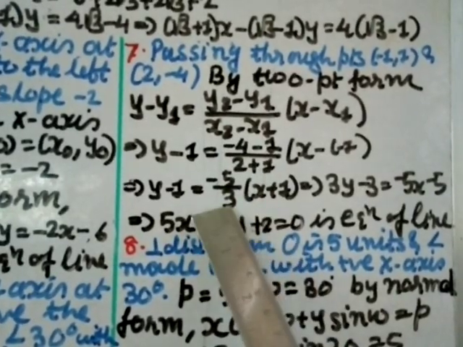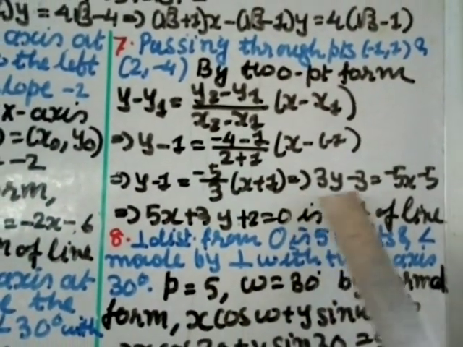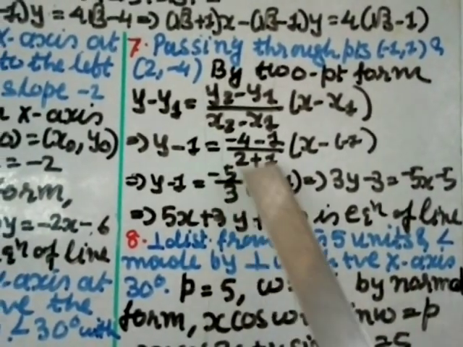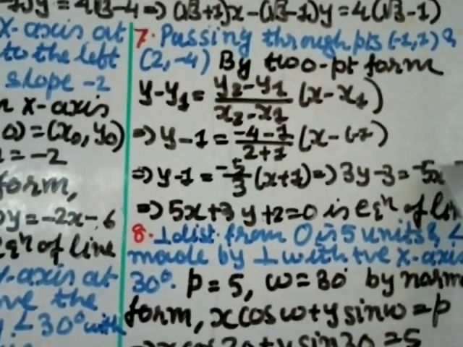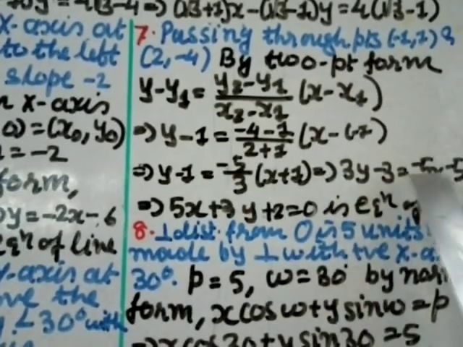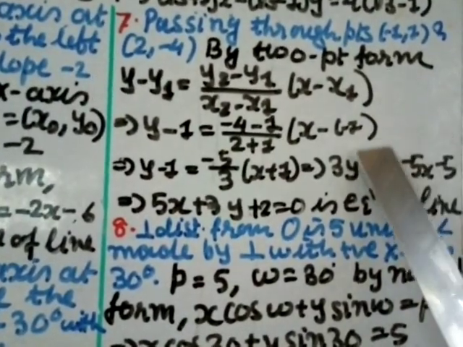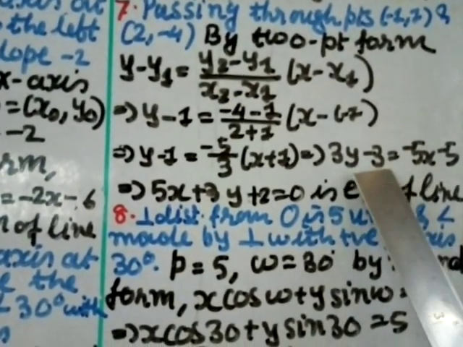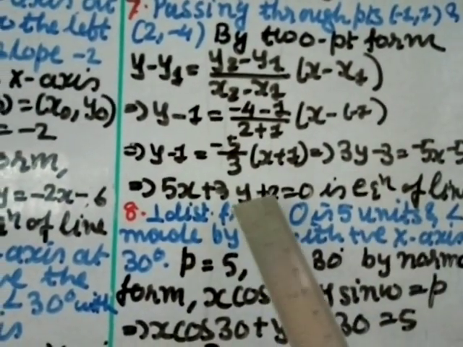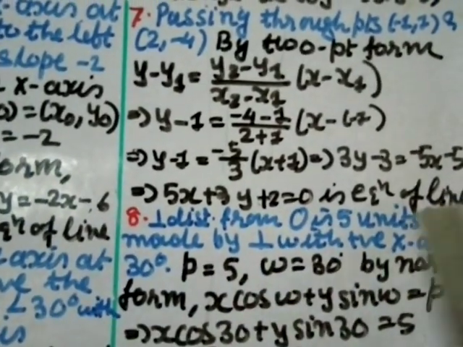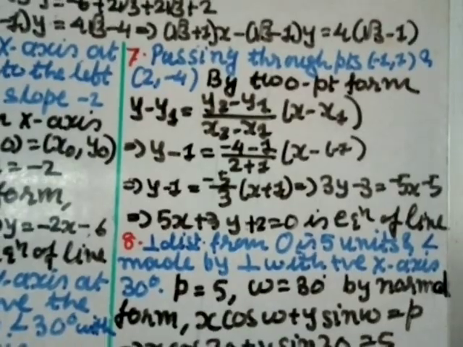Now 3 I am transferring here, and minus 5 I am multiplying here. So 3 transfers and multiplies with y and 1. So you get 3y minus 3 equal to minus 5x minus 5. Transfer this negative term over here. So when you transfer it, you get plus 5x, here plus 3y is there, and minus 5 when you transfer becomes plus 5. Here minus 3 is there, so 5 minus 3 gives you plus 2 equal to 0. And this is the required equation of the line, that is 5x plus 3y plus 2 equal to 0.